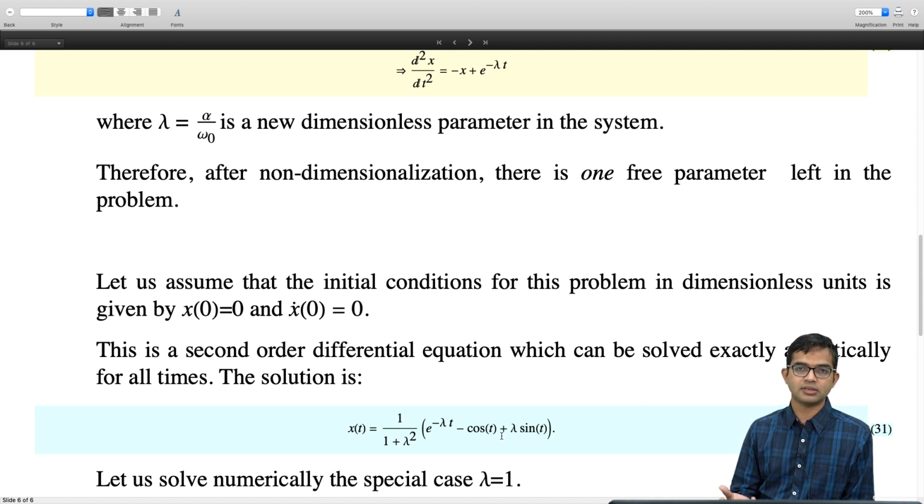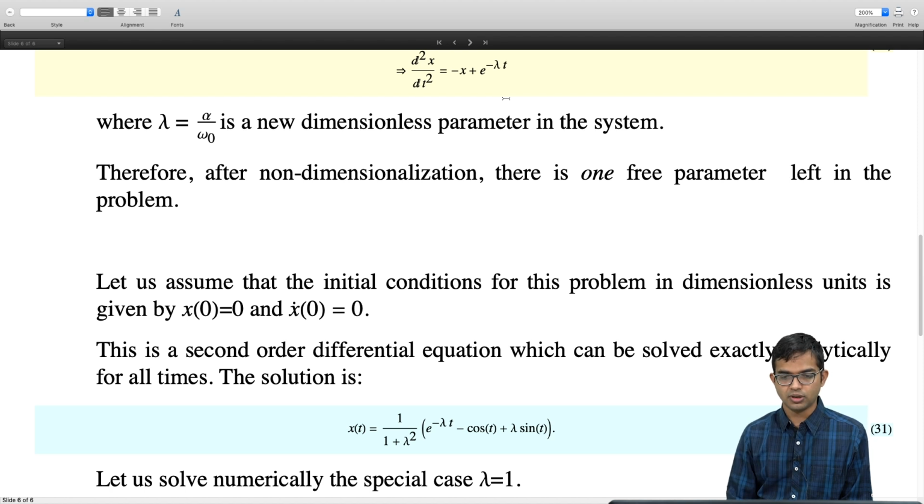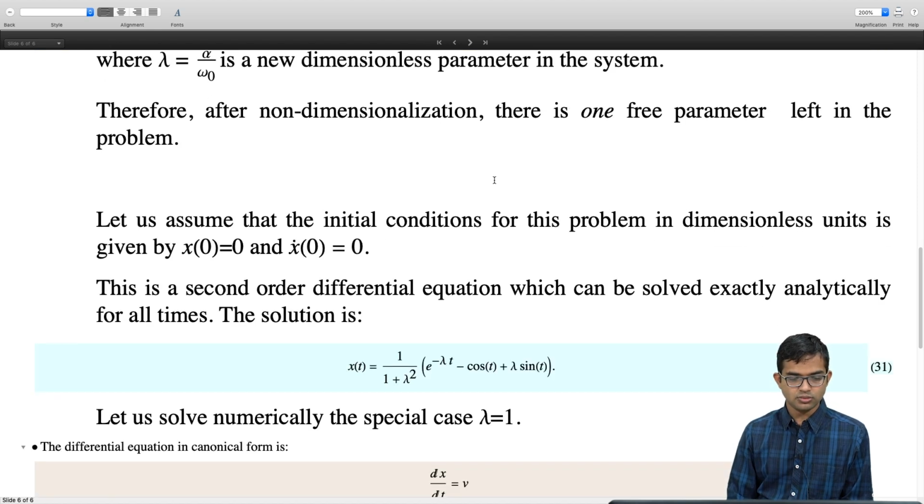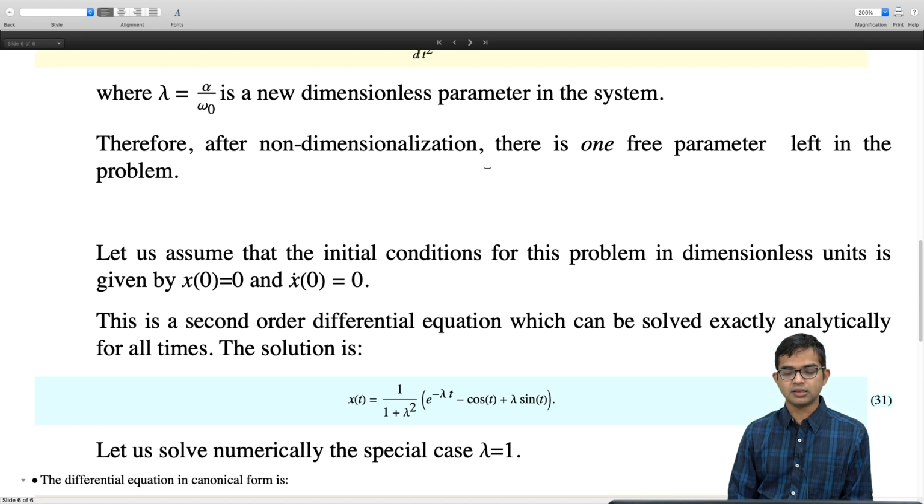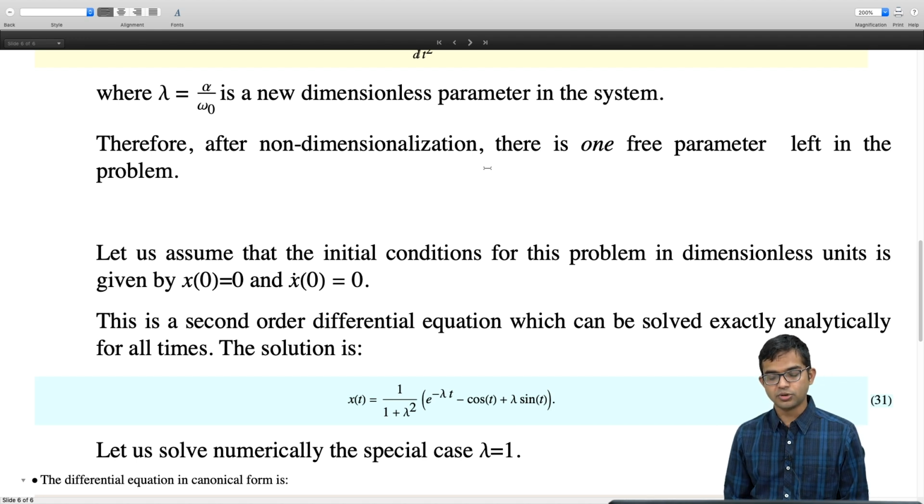For our purposes, it suffices if we can just plug this expression back into the original differential equation and check that indeed it holds out, right? Now for the numerics, you should work out this problem for various different values of lambda. But I'm going to choose lambda equal to 1, but you can maybe use some like a manipulate command, and try out a range of lambdas and see whether the nature of the solution changes substantially.